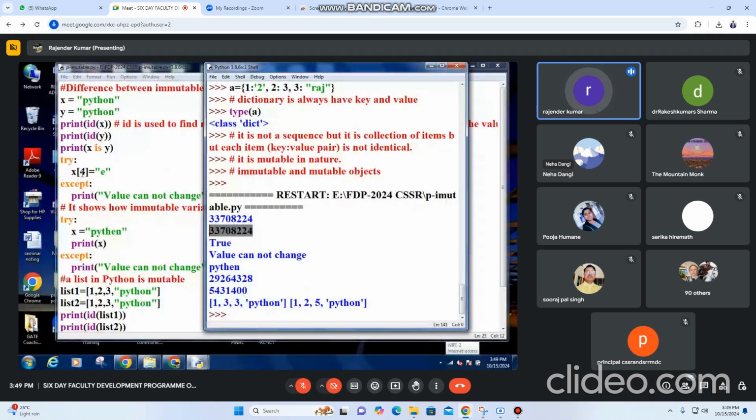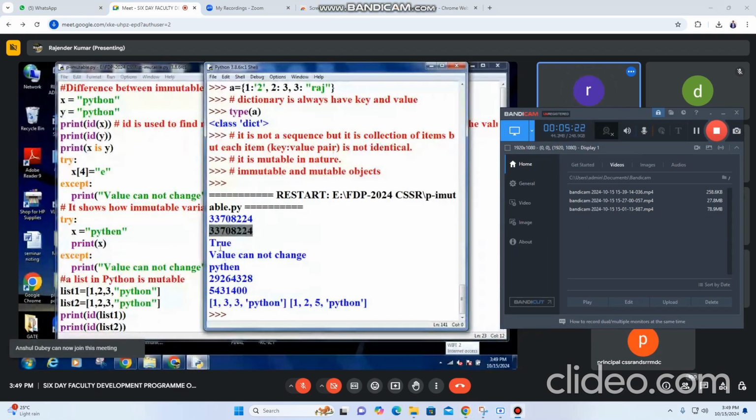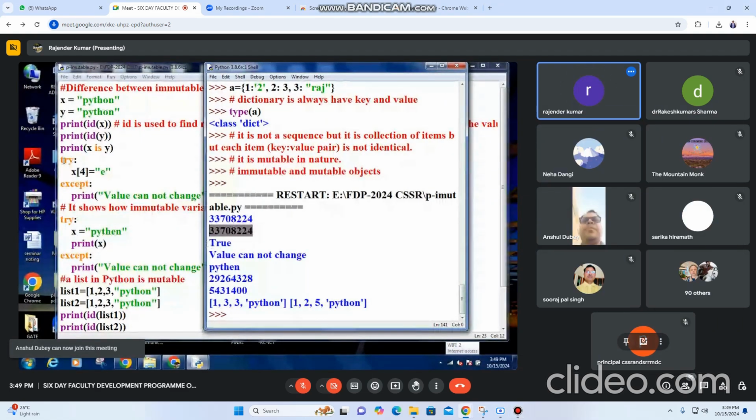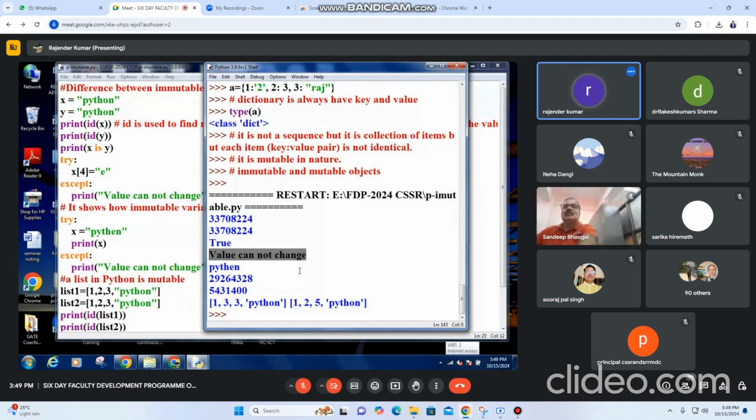Then we try to replace the fourth item with value e. Fourth means 0, 1, 2, 3, 4. In that case, you see value cannot be changed. It means string data types are immutable. You can replace the whole string,